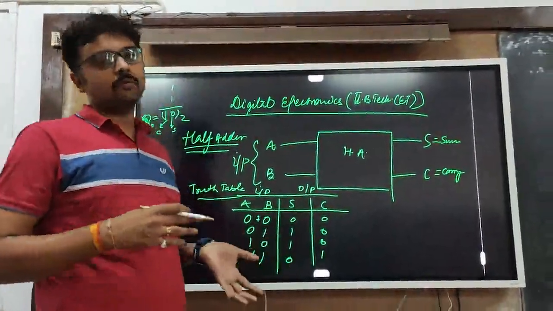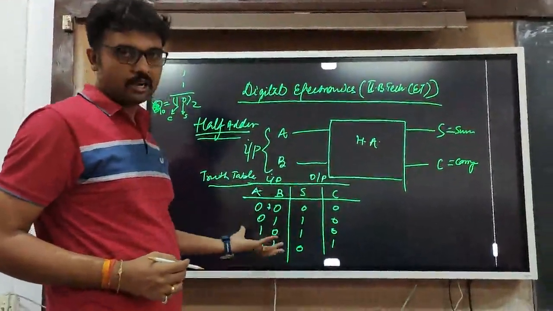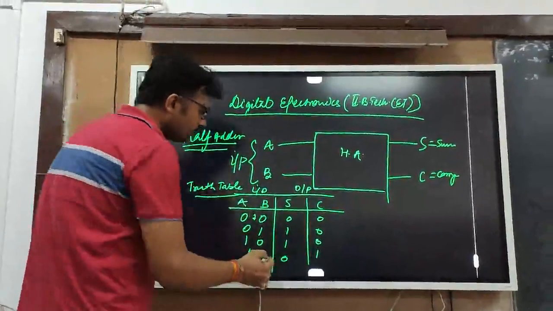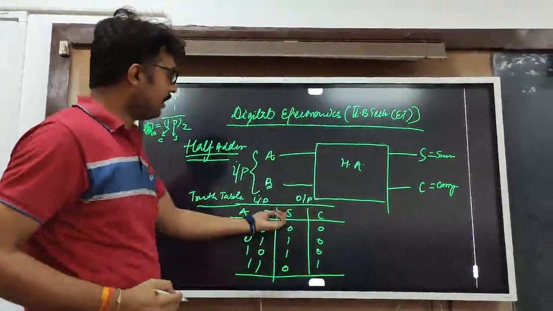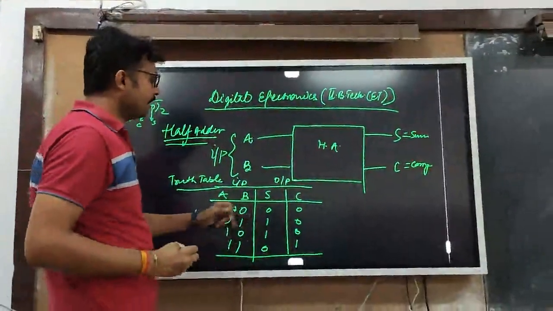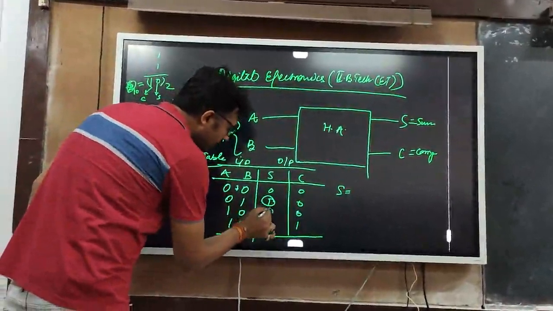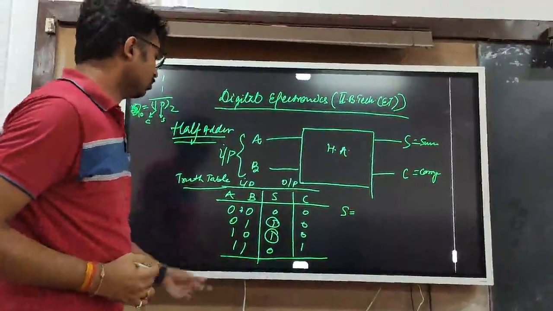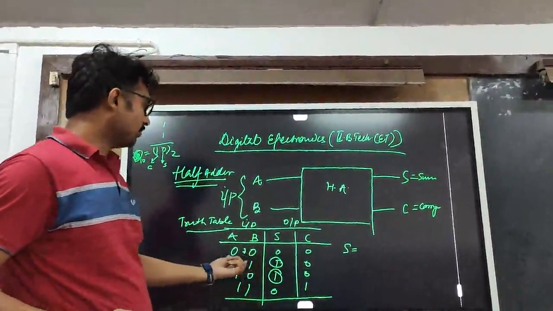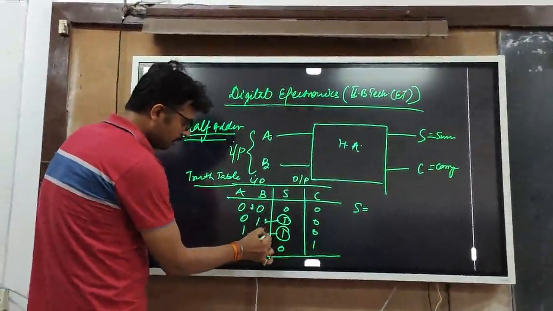Any logic circuitry is designed by using the logic gates, and this can be designed through this kind of truth table. So here we have to write the expression for each of the outputs for the designing of any kind of circuit. If we are writing the expression for the sum, we have to focus where the sum is high. Sum is high over these 2 points, and if we combine them, the expression for the sum will be here.